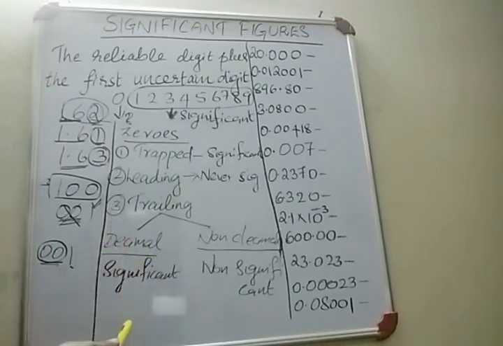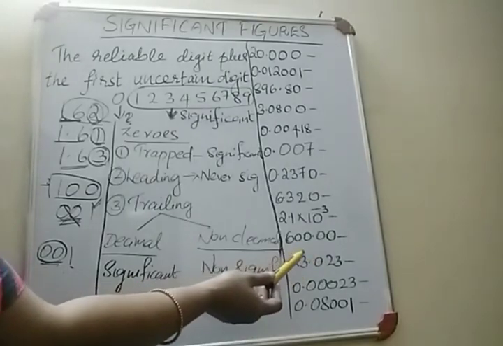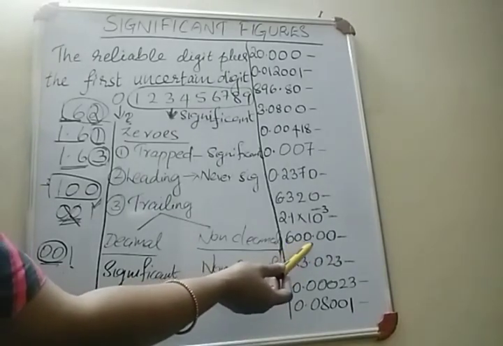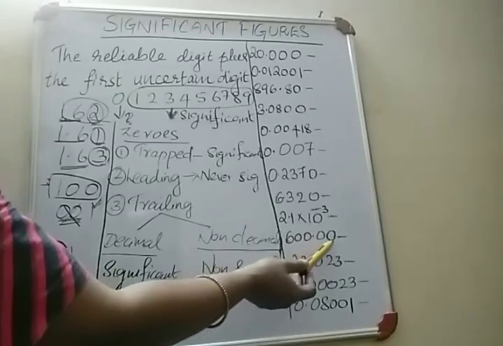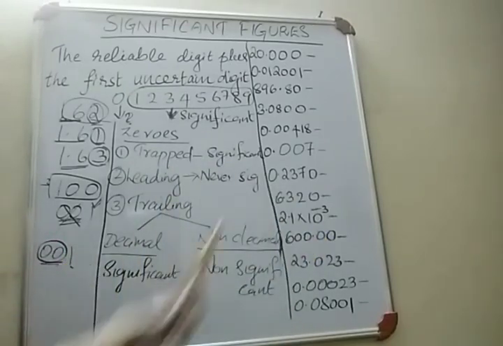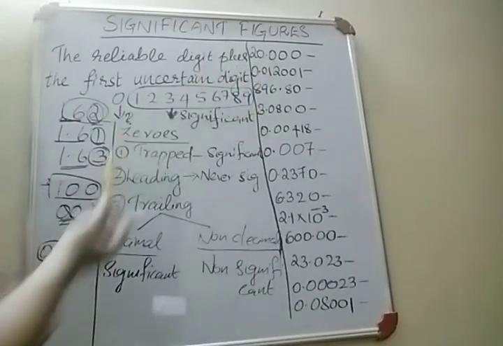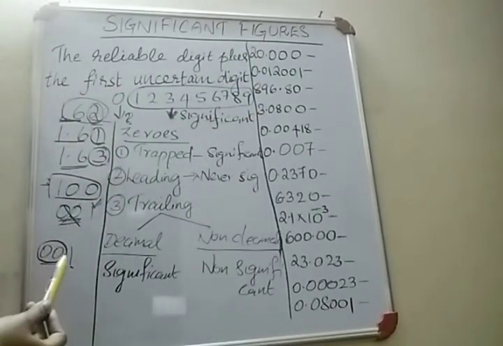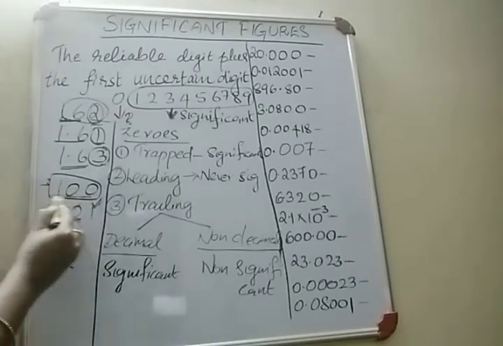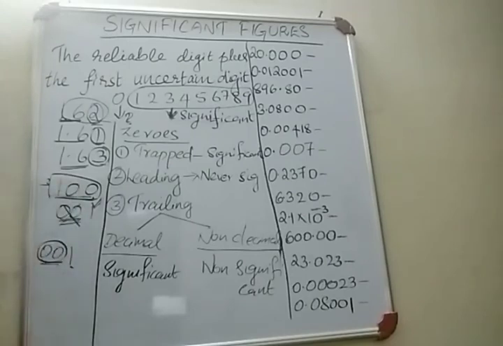If it is a decimal number, the trailing zeros will be significant. Consider this number. This is a decimal number. So here the trailing zeros in that number will be significant. Consider this number. This is a decimal number. So the trailing zeros in that decimal number also will be significant. But at the same time, if you consider this number 100, this is not a decimal number. So here the trailing zeros won't be significant. Okay. So this is the rule to calculate the number of significant figures.